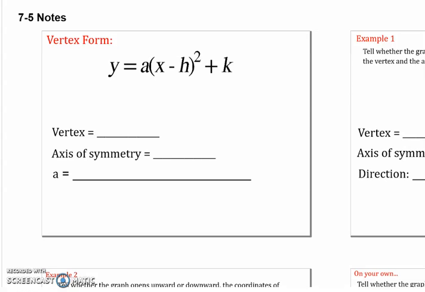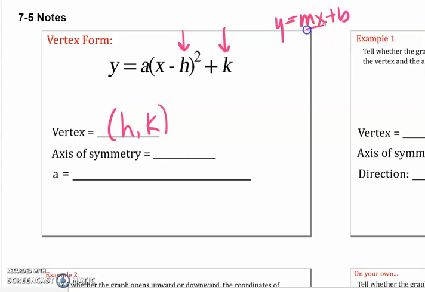I just want you to fill in 8. Very easy. Hence why it's called vertex form, just like that was called slope intercept form. Slope and an intercept. This is the axis